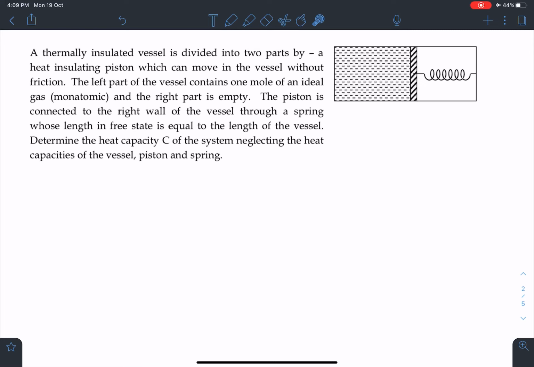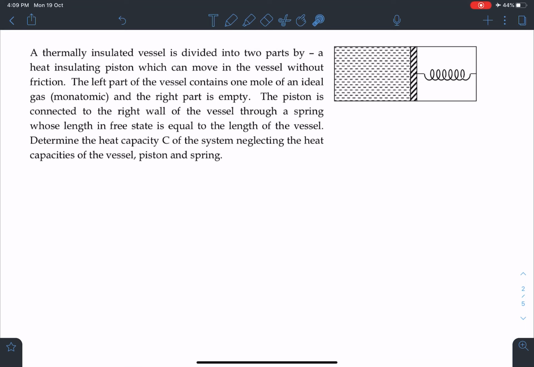Here in this problem, the very first mistake students make, or where they are confused, is that, sir, it is an insulating container completely. Piston is also insulating. So what they feel is that this must be some adiabatic kind of system, and in that case C process should be 0, but that is not the case here. It's a very nice problem, conceptually very good, and I have seen students struggling with that.